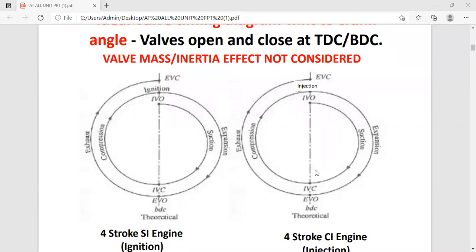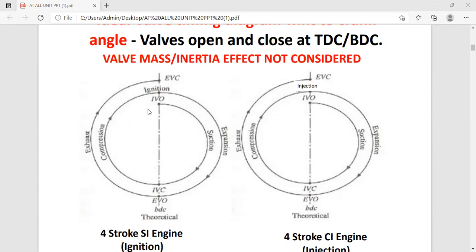After that compression we have shown from this point to this point. Next expansion from this point to this point. So this is the expansion. And lastly exhaust. The exhaust valve opens at BDC and it closes here at TDC, and this is the exhaust. So these are the ideal conditions, meaning the valve opens and closes at the exact point, but